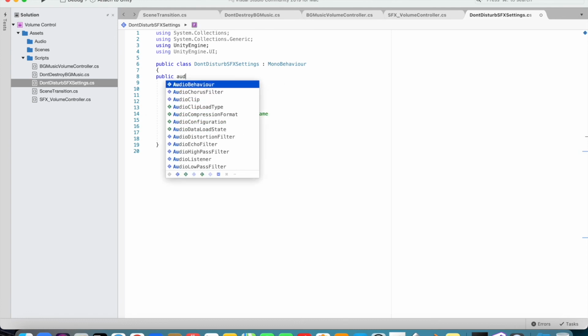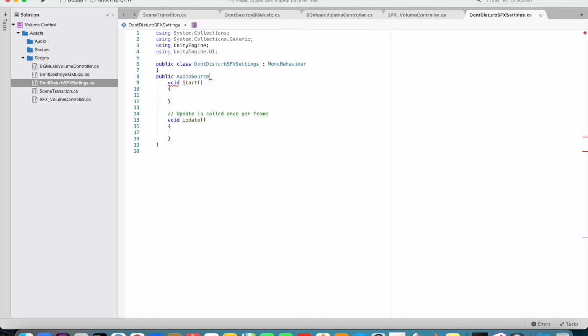So public AudioSource, audio files, or rather SFX files, and in the Start function you need to call one function which we are going to write here. So write a function, better write a function first. So it will be public, rather private